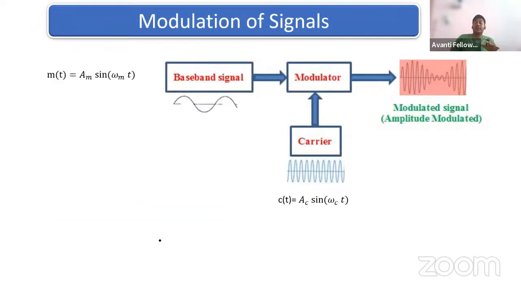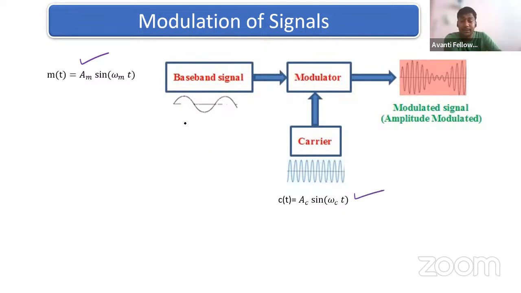Now, we will discuss the modulation of the signal. Okay. In modulation of the signals, we have one carrier wave that carries the signal, and another will be the message wave. The message is also known as the baseband signal, and both will be modulated by the modulator, and we are getting the output as the modulated signal. In this case, we are having only the amplitude modulated signals. Okay, amplitude modulated signal. Now, if this is the message wave, or you can say baseband signal, and this is the expression for this